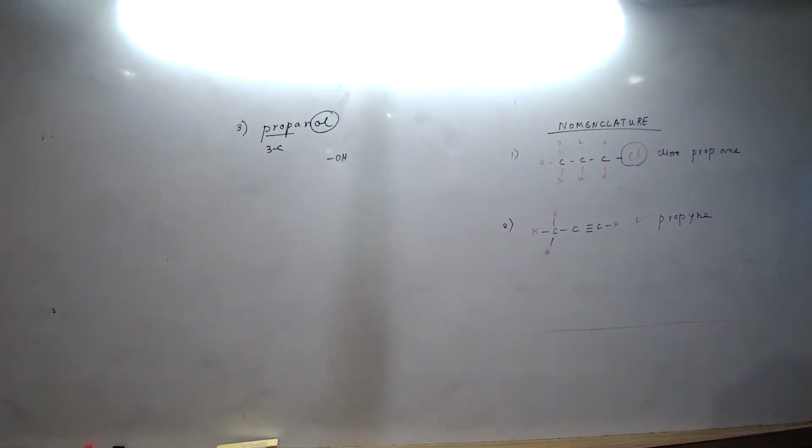Ma'am, can that carbon have a double bond? No, we are still talking about small compounds. Suppose we talk about a long chain like 30 carbons and all, then it is a possibility. So in that propanol, up to 10, there is no such conclusion. For 10 standard, no conclusion. Clear? Done? Very good.